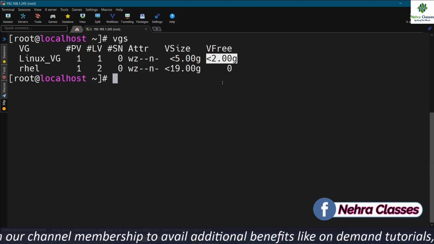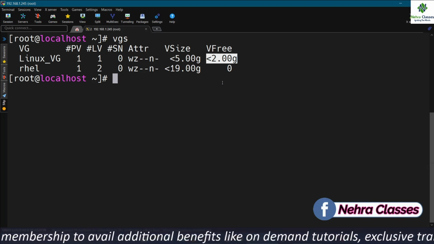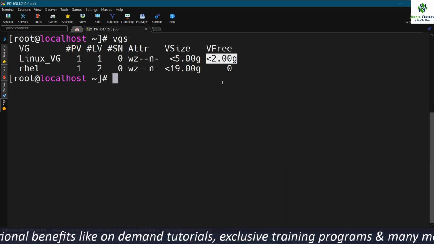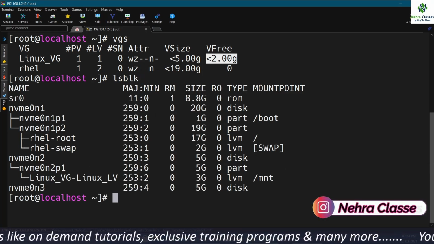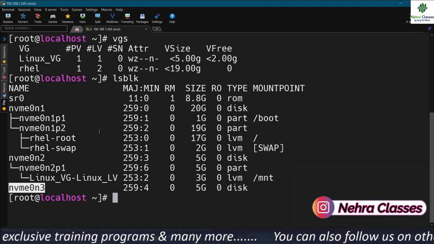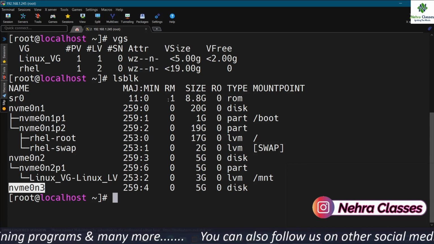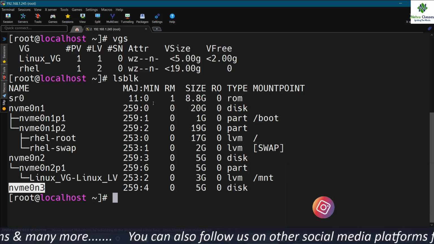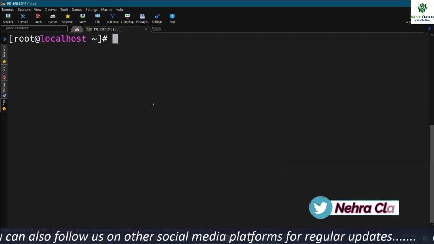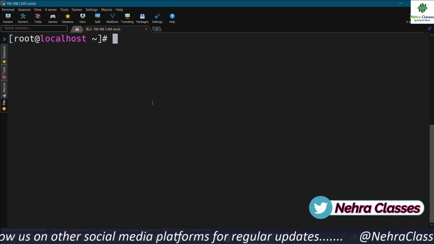And if we need to extend it beyond that, we will add a disk, or we will use another disk that is present in our machine, and then we will create a partition on this disk. After that we will add that partition to the volume group and extend the volume group, and then we can further extend the LVM. Since we want to extend it by only 1 GB, we can easily do that because sufficient space is available in the volume group.